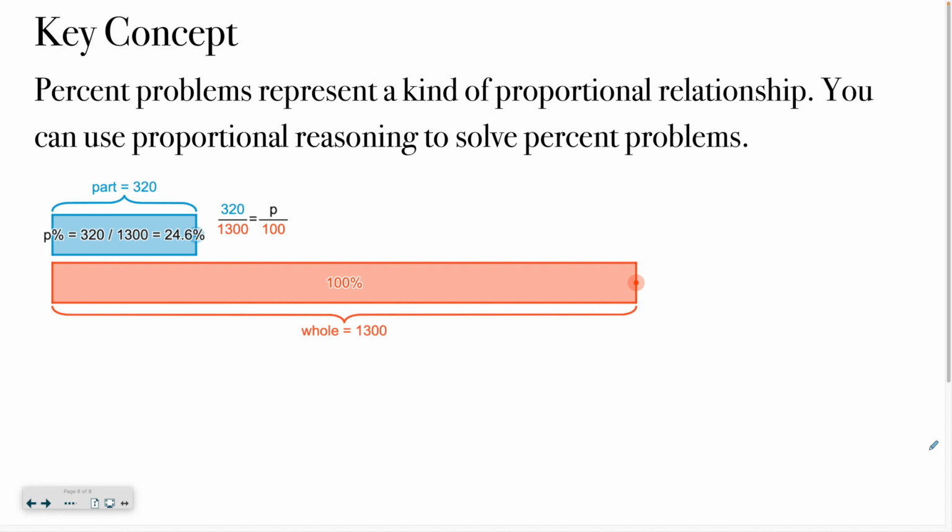And here is our key concept for today. Percent problems represent a kind of proportional relationship, which I introduced to you yesterday. You can use proportional reasoning to solve your percent problem. That's basically just a very mathematical way of describing the process that you've done on all of those problems. If you have questions about this or